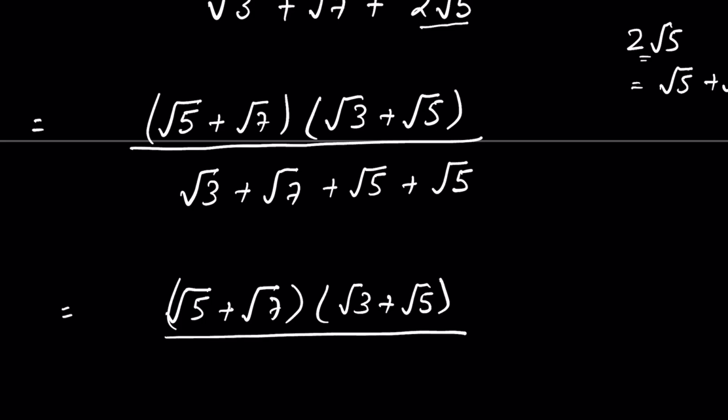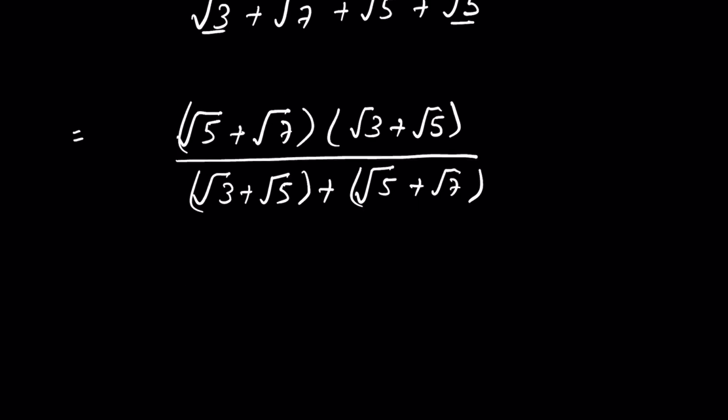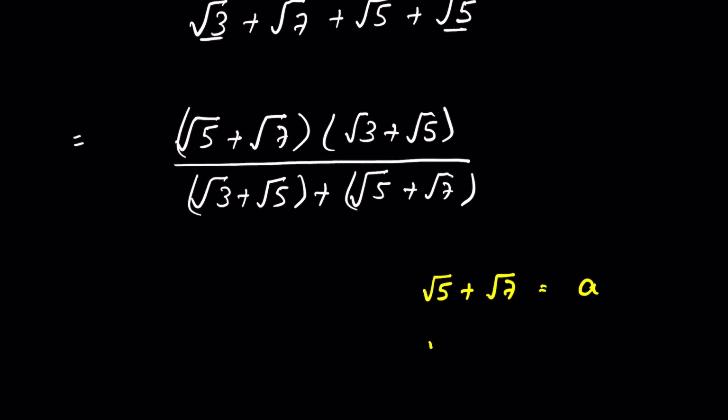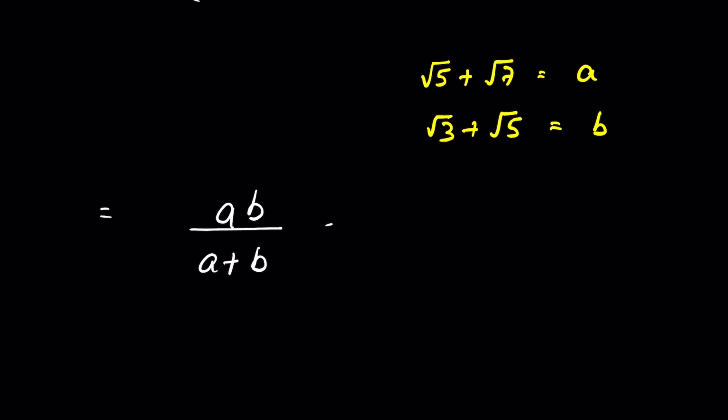upon, we can write this square root of 3 and square root of 5 together, square root of 3 plus square root of 5, then plus square root of 5 plus square root of 7. Now let's consider square root of 5 plus square root of 7 is equal to a, and square root of 3 plus square root of 5 is equal to b. Then we have a times b upon a plus b. Let this be equal to x, where x is not equal to 0,